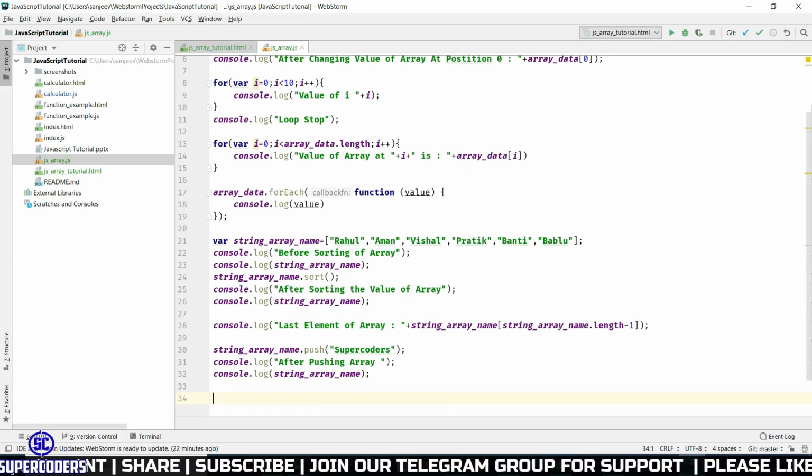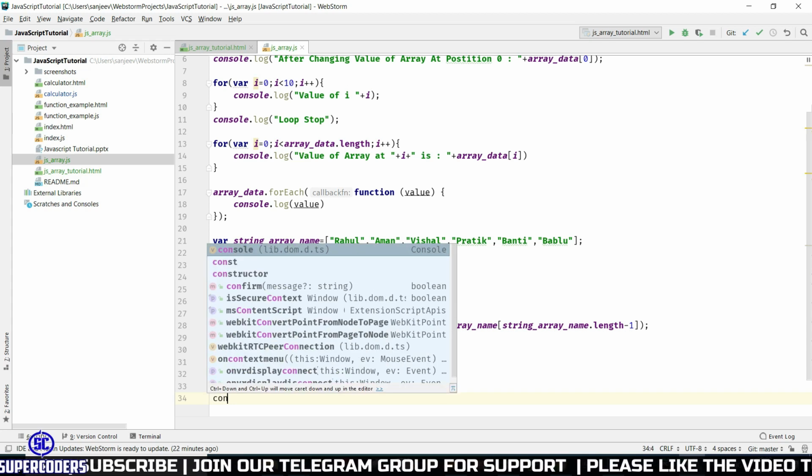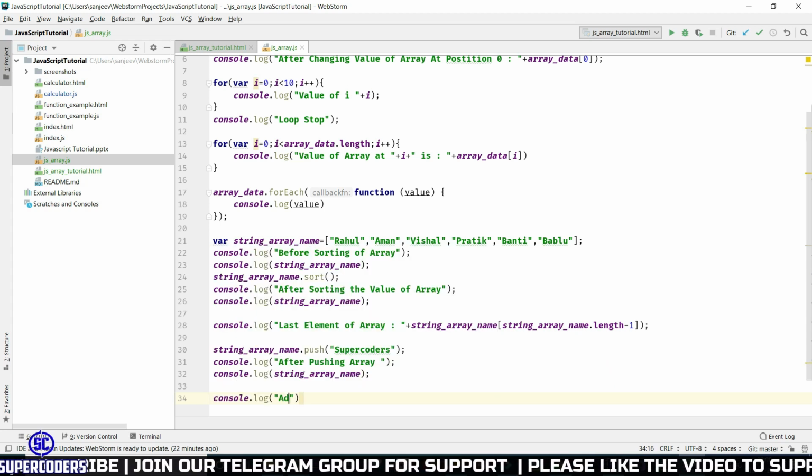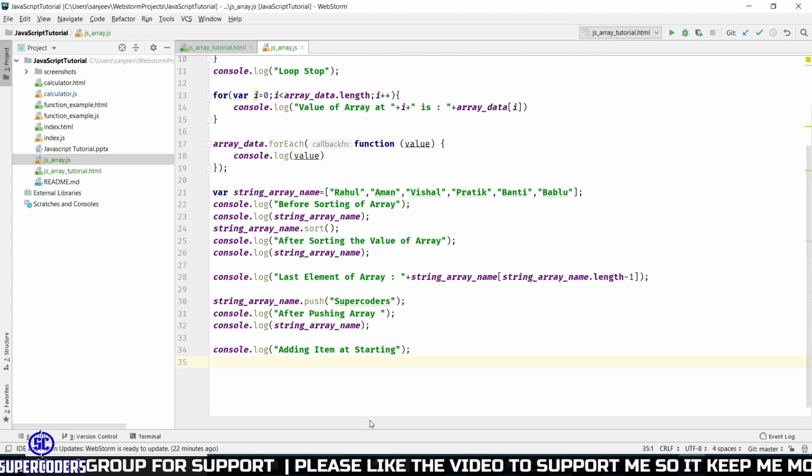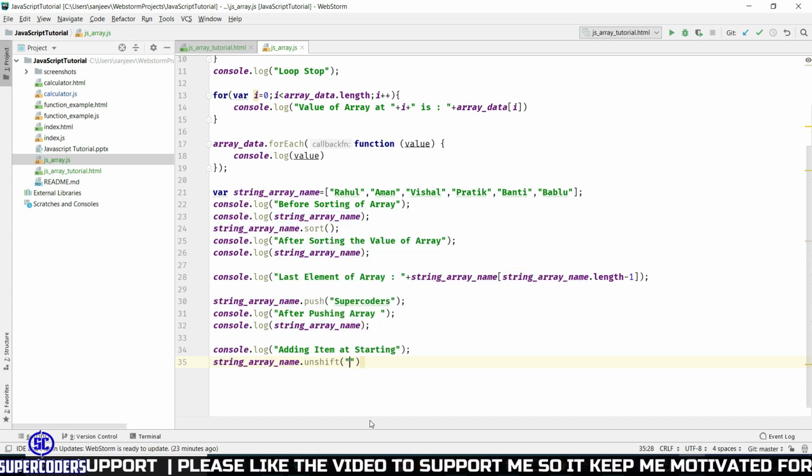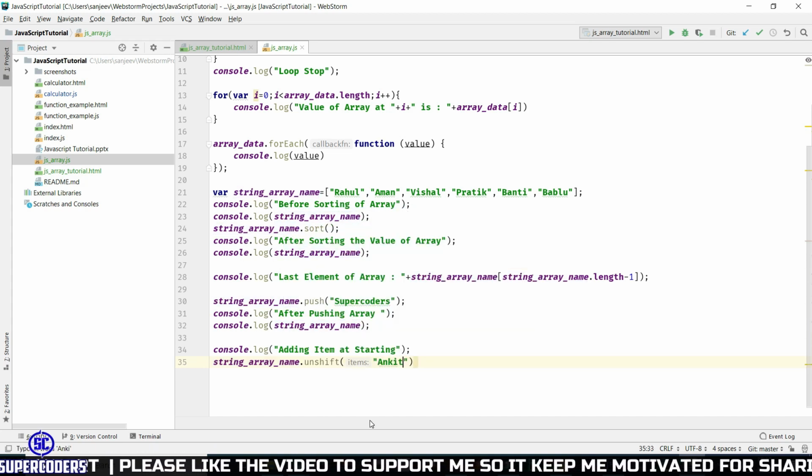Now let's see how you can add an item in first position. So let's see console.log adding item at starting. So let's see how you can do this. So you just need to call string array dot unshift and pass the data. So I'm passing Ankit.